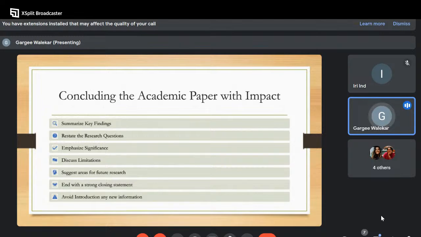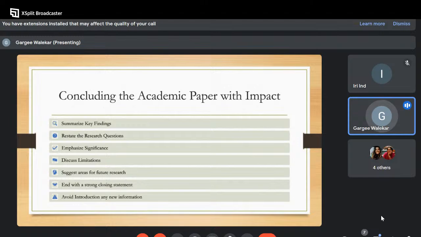Right. The next is, while doing all of this, to avoid introducing any new information. This is a very common habit that I used to have in my research papers also. While concluding, I would write about something that I'd missed in the discussion part, thinking, oh, I've missed it, so I'll just put it in the conclusion part. No, the conclusion should only be about